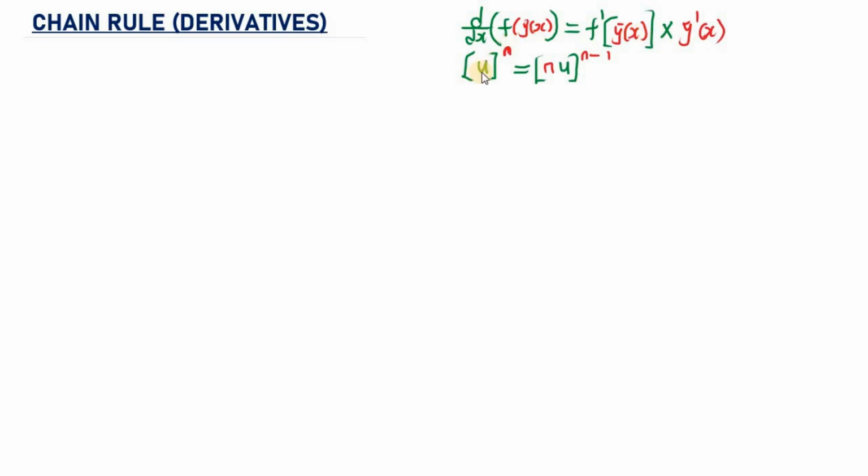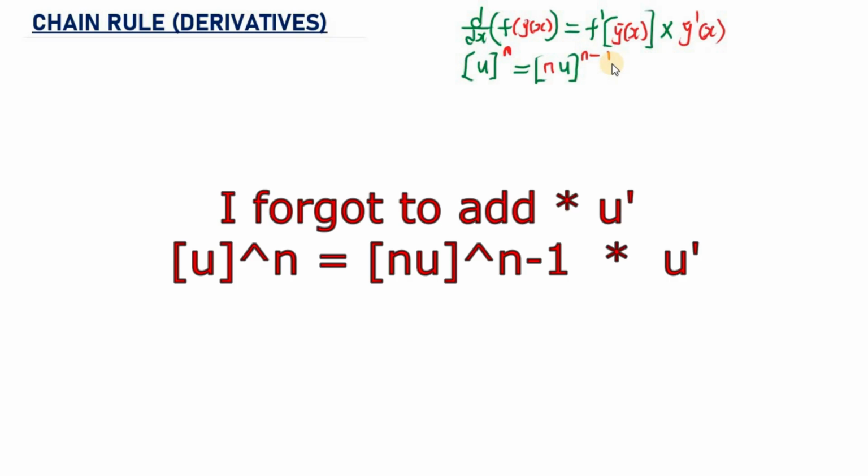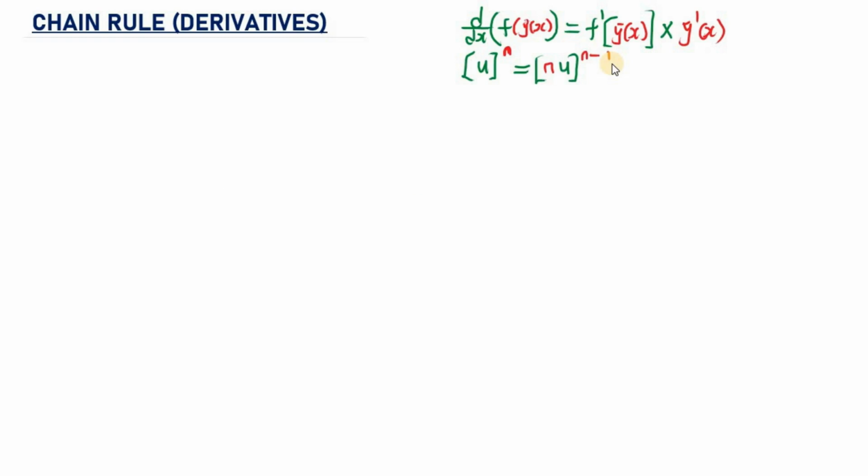And also, if we have a function raised to a power, using chain rule, it is going to be the power multiplied by the function, then we're going to subtract 1 from the power. Chain rule is also called the outside to inside rule, because we are always going to start from the outside function, then we're going to move to the inside function. So this is what we know as chain rule.